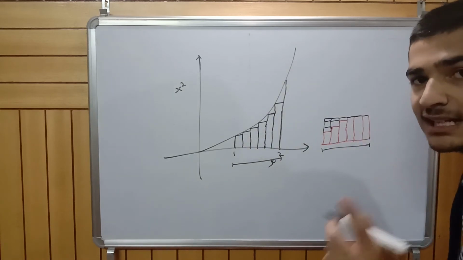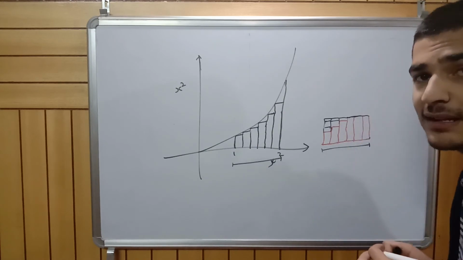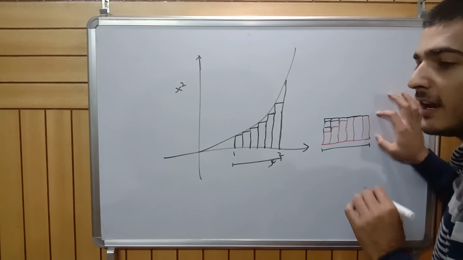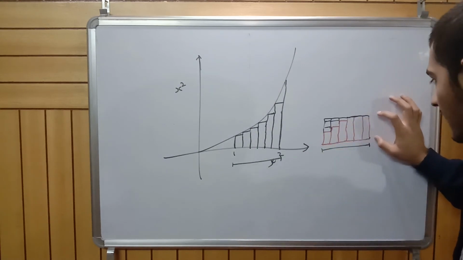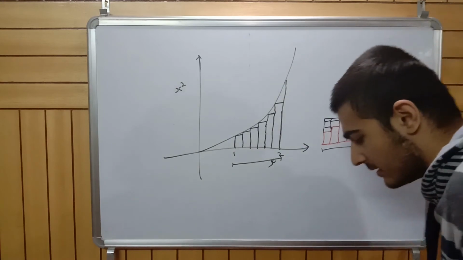Now, what is the second unknown left? The height of the rectangle. That is the tedious part of this whole exercise. I need to find a method that can tell me the height of this rectangle, because I don't know what the height of such a rectangle is. So I think